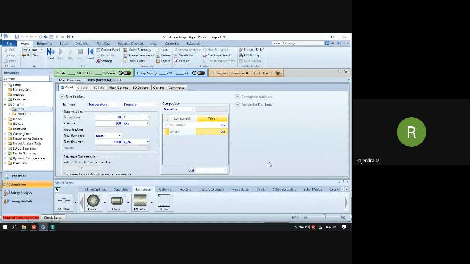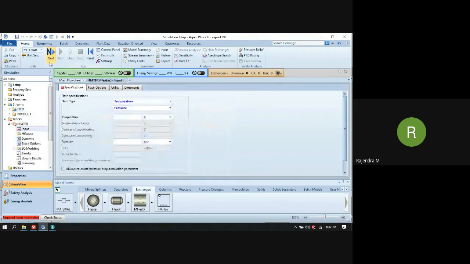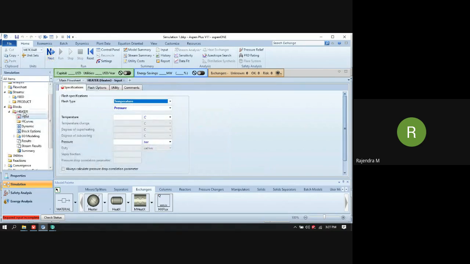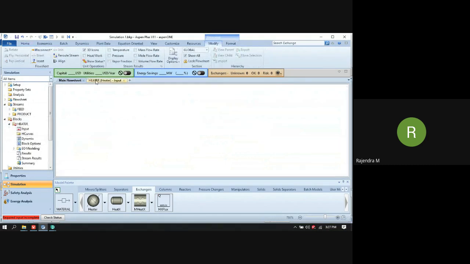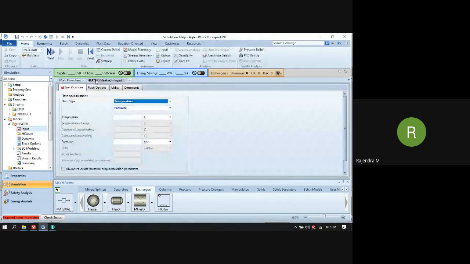On the left hand side, you can see this red color has vanished. So the data provided is okay. We have to provide further data. You can click on next item in the next tab. So this is a heater block. Again the same thing, either you can click on this heater block, or you can go to the desired folder of a block. Okay.